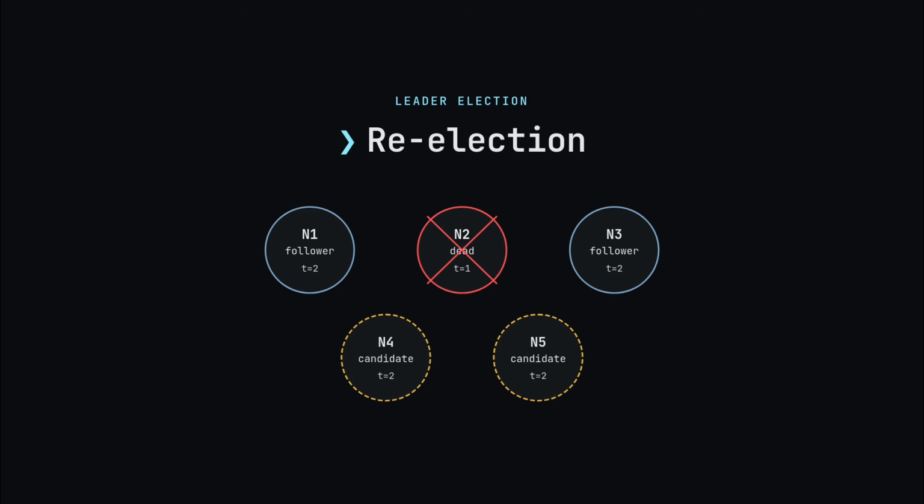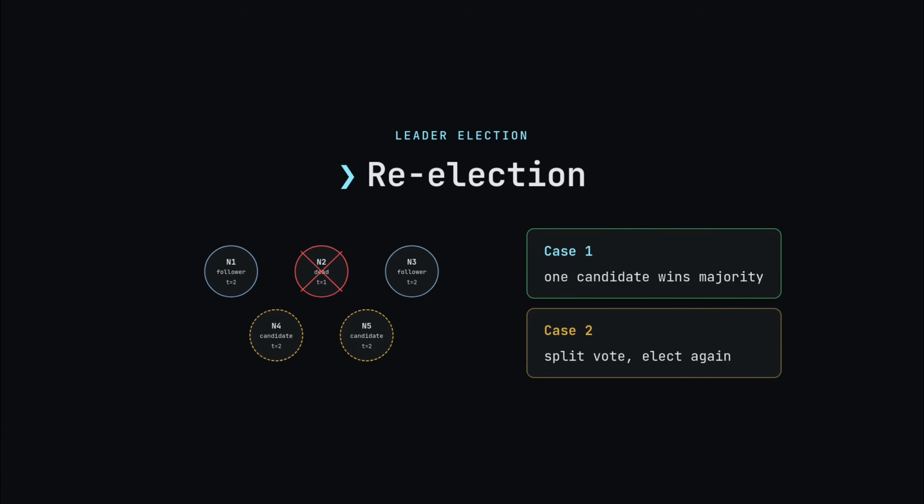So you might get two candidates, and that is allowed again. It's just another election. In this case, we will have two possible scenarios. One of them grabs a majority, and you have a leader, and then you won't have a re-election, and the term will continue under normal operation. It is done. However, they can also split votes. This means we will have another round of elections, hoping this time a split vote won't happen.